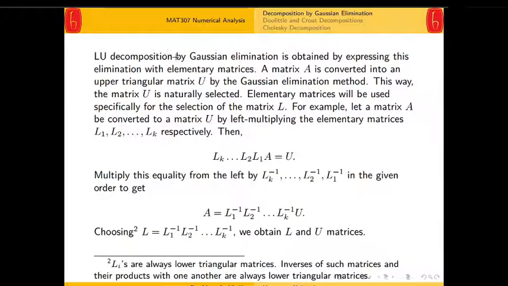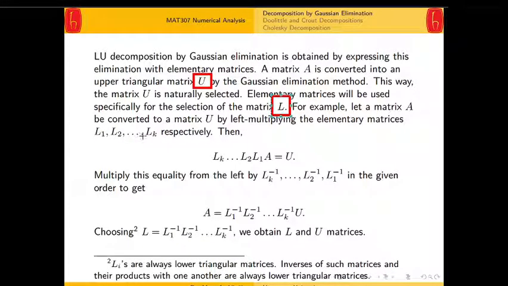Okay, LU decomposition by Gaussian elimination is obtained by expressing this elimination with elementary matrices. So we start with the matrix A, and we convert this to an upper triangular matrix U by the Gaussian elimination method. This way we obtain U naturally. So this will be the result of the Gaussian elimination. And then the elementary matrices used for this Gaussian elimination will be used specifically for the selection of the matrix L. For example, let a matrix A be converted to a matrix U by left multiplying the elementary matrices